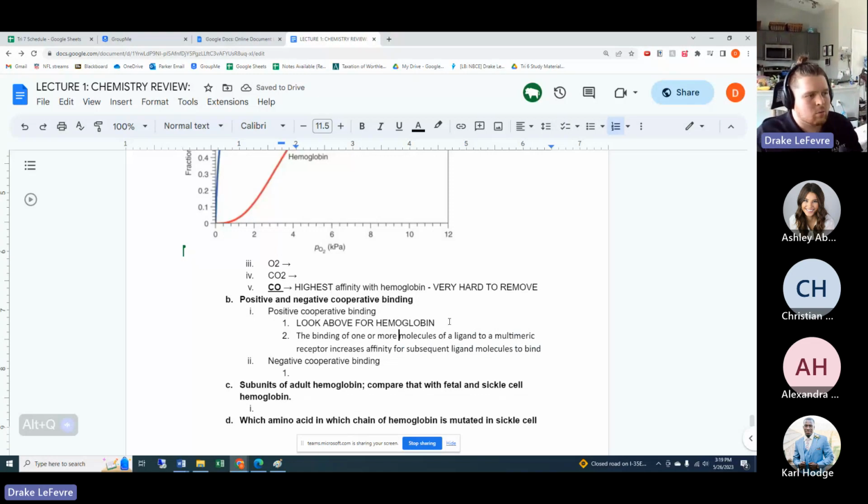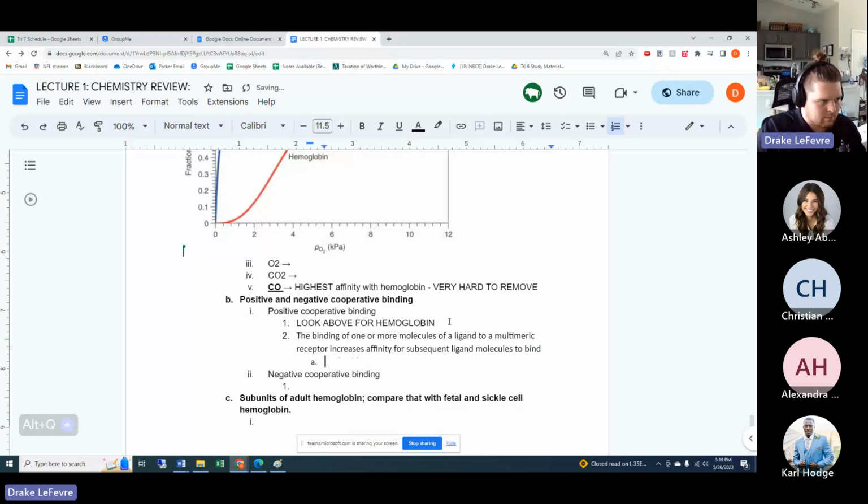The binding of one or more molecules of a ligand to a multimeric receptor increases affinity for subsequent ligand molecules to bind. Literally, this is saying exactly what you said. So binding of one ligand, like oxygen,